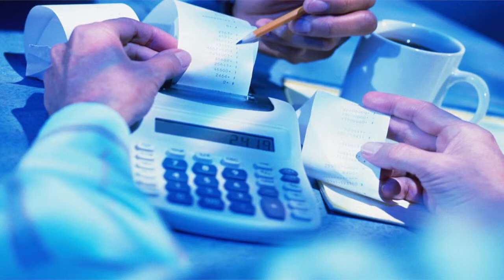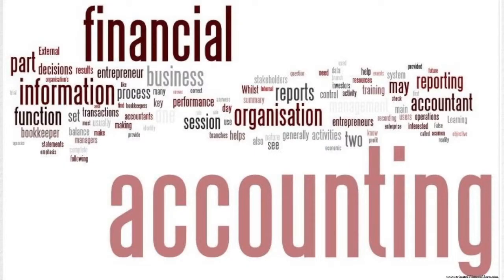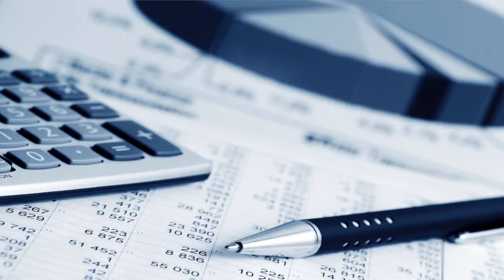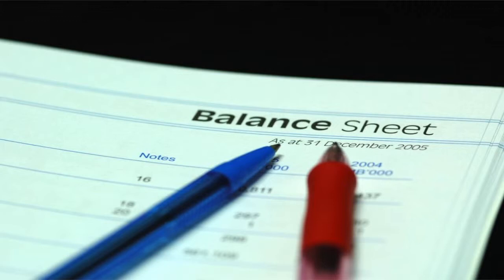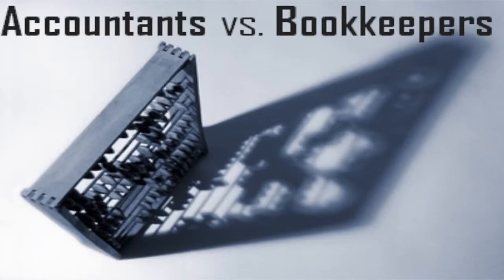Now, the next thing we want to cover is the difference between bookkeeping and accounting. Bookkeeping generally involves day-to-day recording of business transactions for a company. It is the nuts and bolts of recording all transactions. Accounting functions at a higher level. An accountant will usually set up the books that a bookkeeper uses. They usually supervise bookkeepers in larger companies and prepare the financial statements and tax reports that are due. It should be noted that while bookkeepers' work is more routine, the duties between the two positions do cross over, and a lot of times it's not clear who's performing a duty. Is it a bookkeeper or is it an accountant?